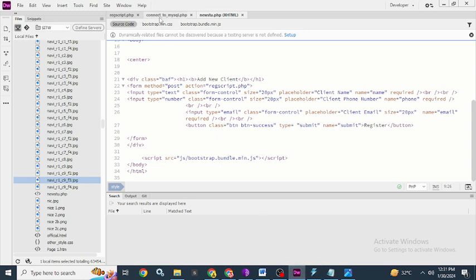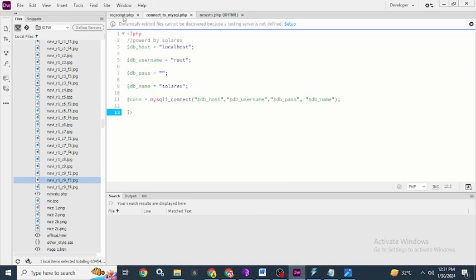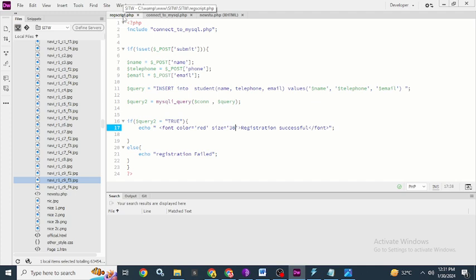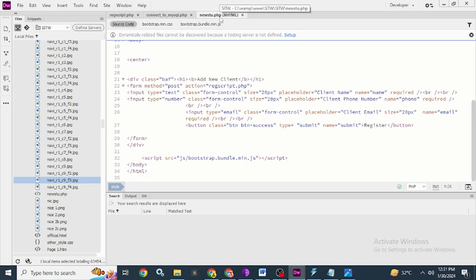Now, after you've done with your connect to MySQL, the next thing is to go to the registration script. I call it regscript.php. Definitely, there must be a connection between your reg script and your new student page script. So let's see. You could see that in my form, method equals post, action, I put the name of the reg script that I called